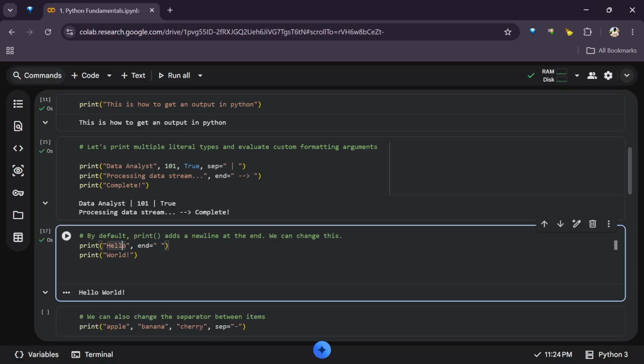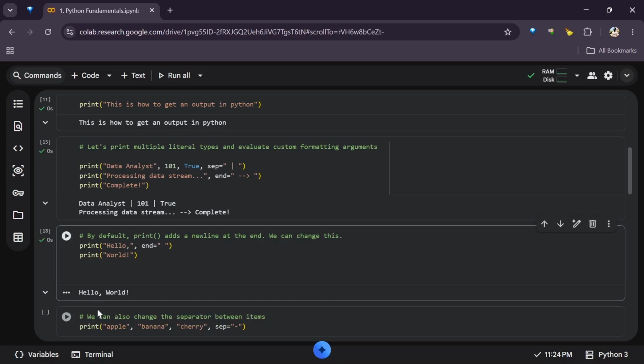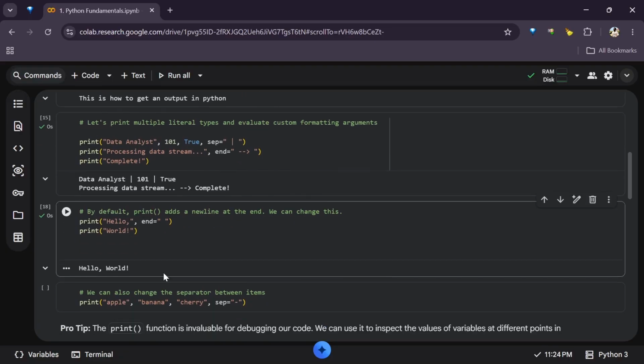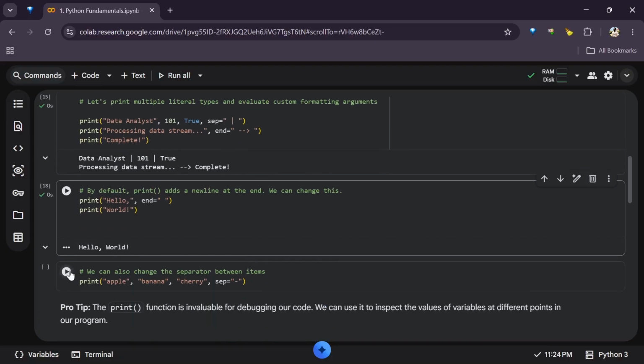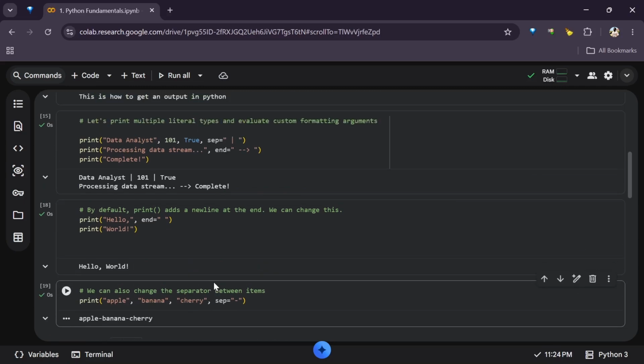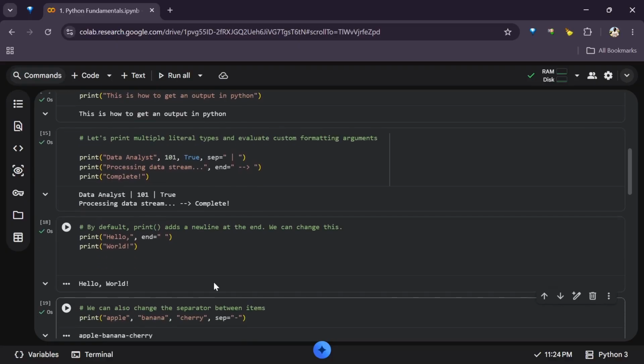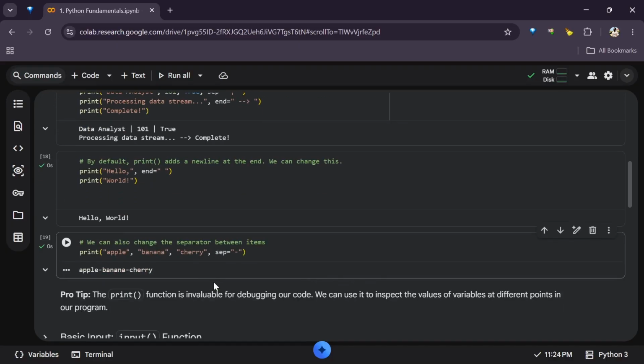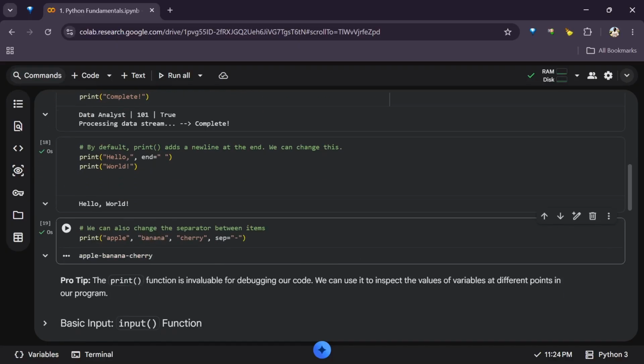So I could have just had a comma, then it looks like this, hello world. What other separator can we use? The hyphen. So we can say apple, banana, cherry. So these are quite a few tips that you might use to print out values in Python.